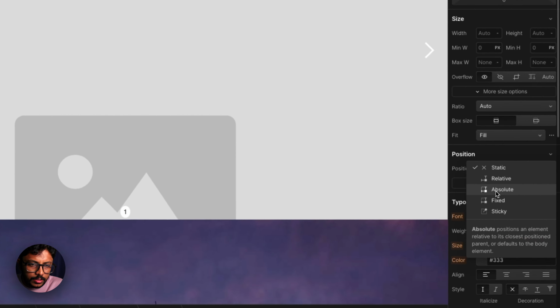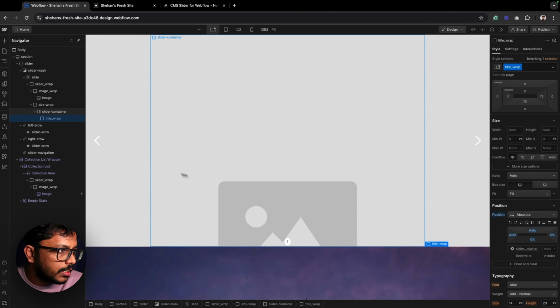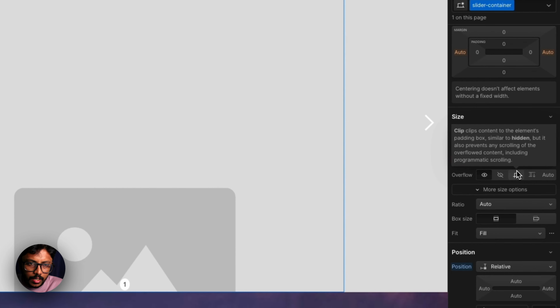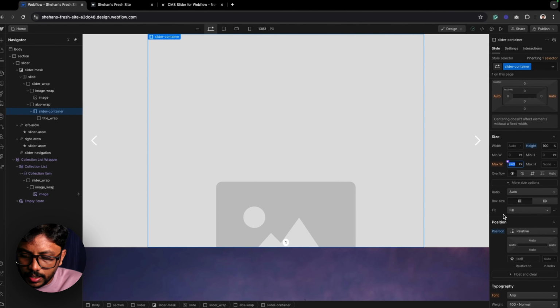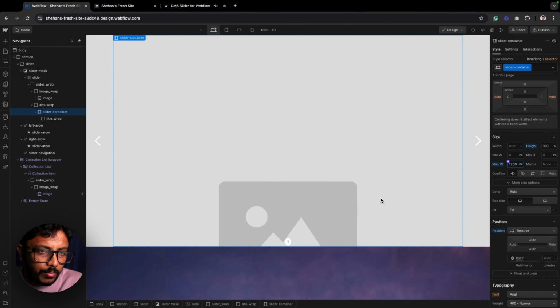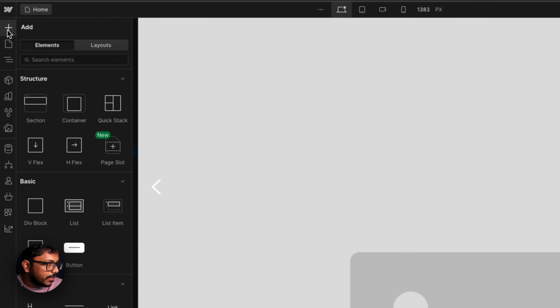I'm going to create it on the absolute position, at the bottom right corner. Now its title is showing inside this. You need to increase the width there. Go to the slider container. You can see the maximum width is 940. You can increase that to 1200. It is getting more width, right? Okay, now it is here, and I'd like to add some